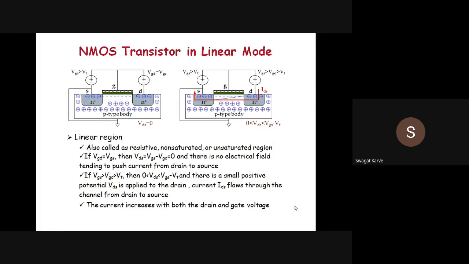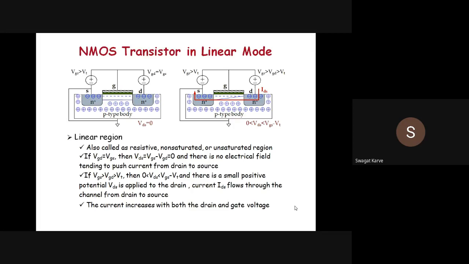Okay. So what are the necessary conditions? VGS should be greater than VT, that means threshold voltage, and VGS should be greater than VGD, should be greater than VT. If these two conditions are satisfied, then only you will get the current IDS. That means current will flow from drain to source. That means a channel will form, right? And from that channel, the current will start flowing. That is the IDS, the drain current, as we are calling it.